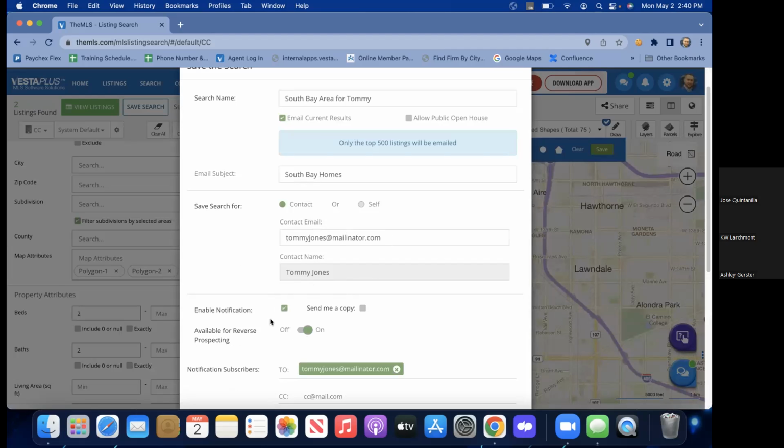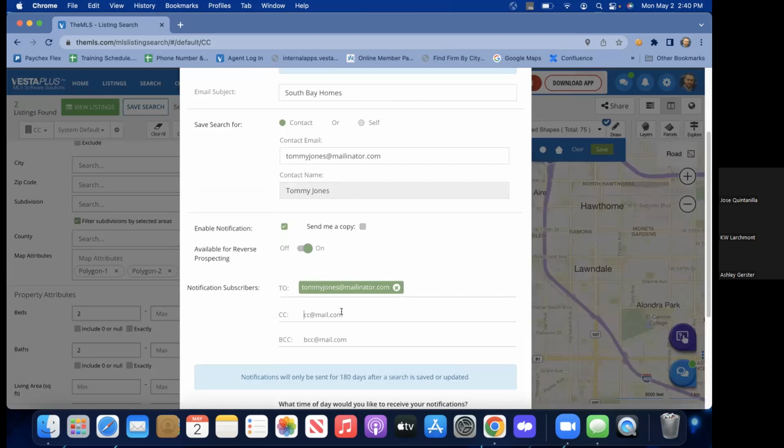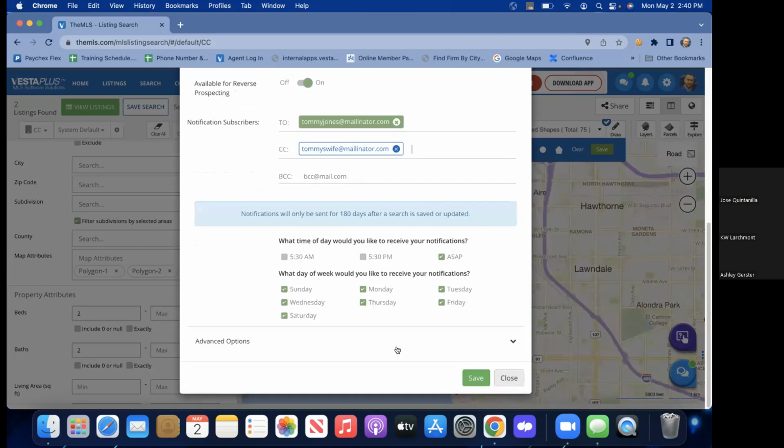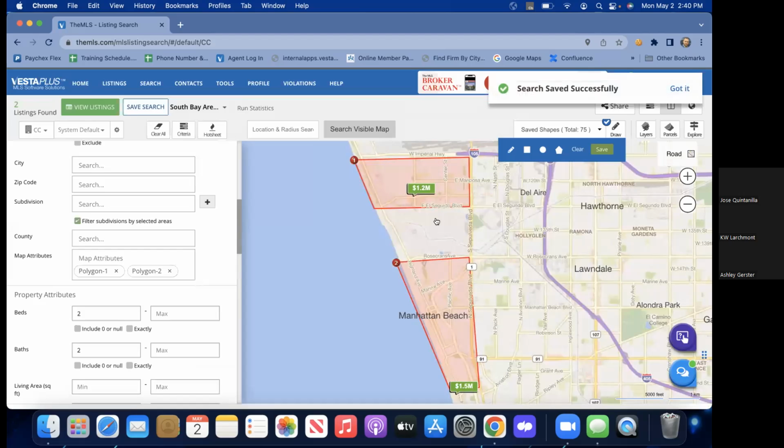And then, of course, we enable notification. If we want a copy sent to Tommy's wife, we can go ahead and put in the email. And then we can go ahead and set up the schedule and hit save. And now they'll get notified based on listings or properties inside this saved search area on the map. Okay, so that is basically how we can set up an automatic email notification based on a map search,